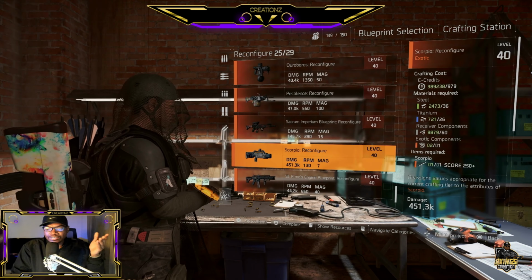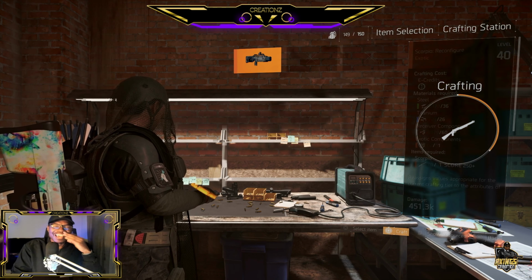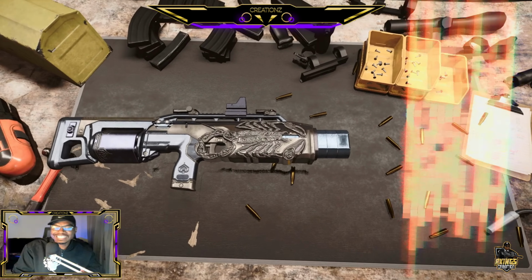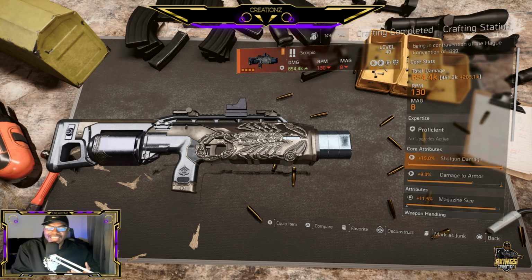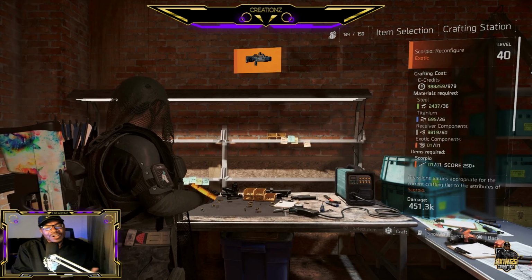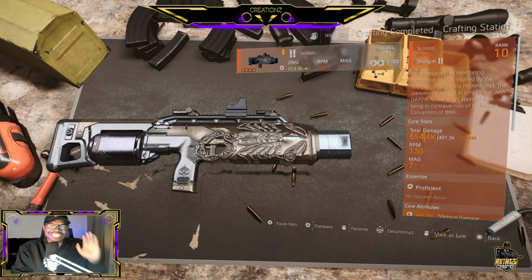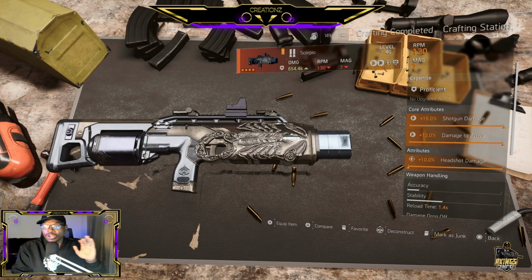So as you guys can see, I am very upset that I'm not getting damage to target out of cover, because we are wasting exotic components. And guess what we're going to have to do again if we don't get damage to target out of cover? We're going to have to redo that whole process again. And I wanted to show you guys that process so you guys...